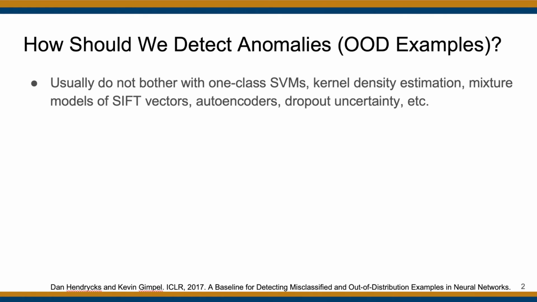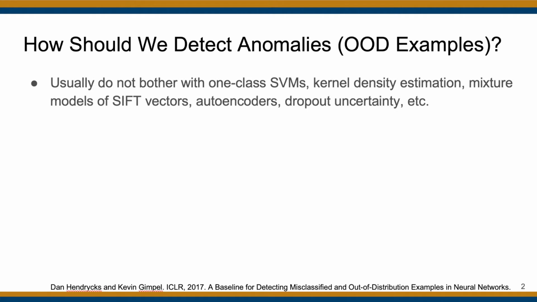Well, anomalies or out-of-distribution examples are fairly difficult to detect, and there are a lot of techniques lying around that many people think might be effective for their detection, but usually aren't that efficacious. For instance, one-class support vector machines: if you fit one of those models to the raw images through scikit-learn, well, the resulting detector won't be very good. Even if you do one-class SVMs on top of deep neural network representations, you'll tend to do better by